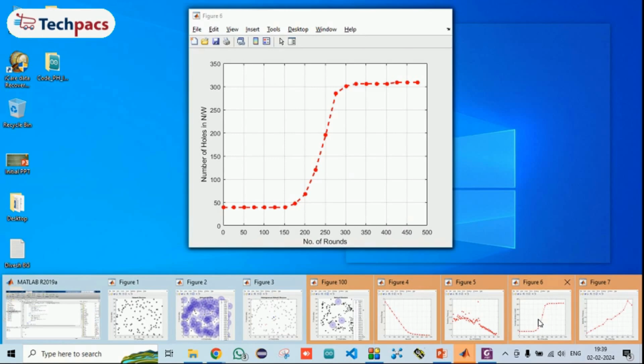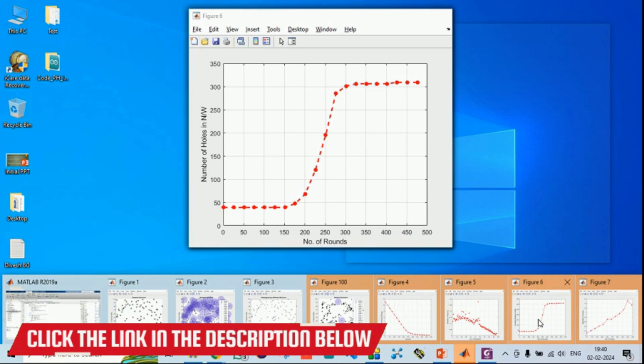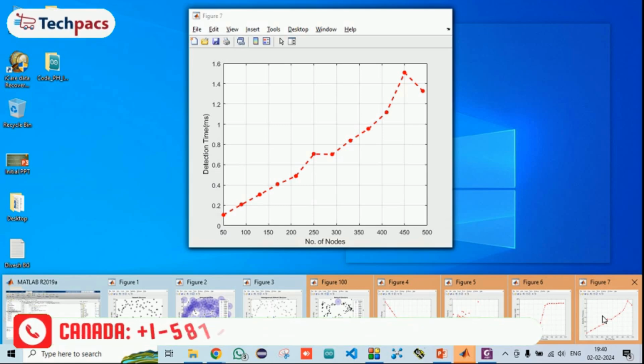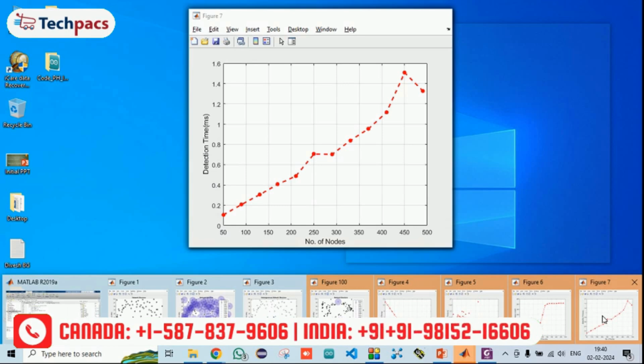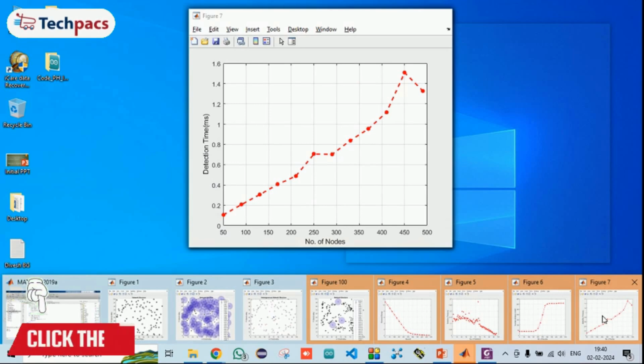So you can see initially it was less. As the rounds increase, the hole count increases, because the normal nodes were also dying and creating holes in the network. This is finally the detection time changing as the count of the nodes increases, and it shows that as the nodes in the hole increase, the detection time also increases, because obviously that many rounds are needed